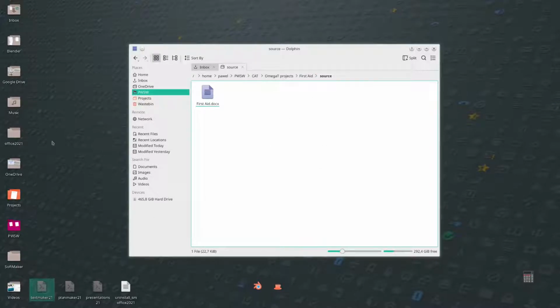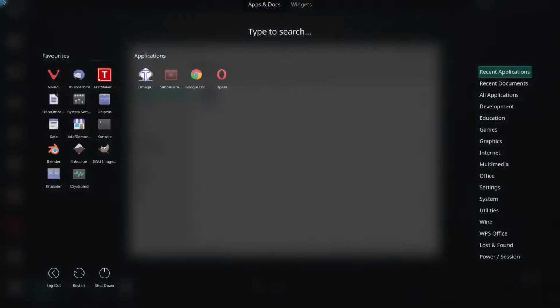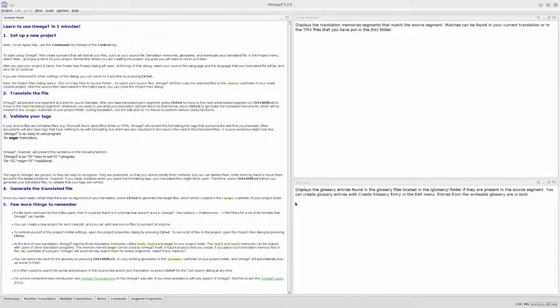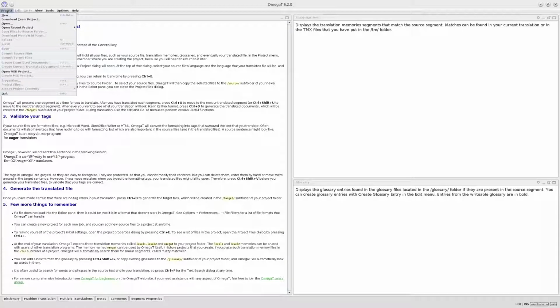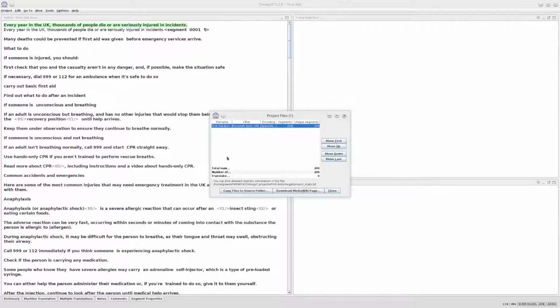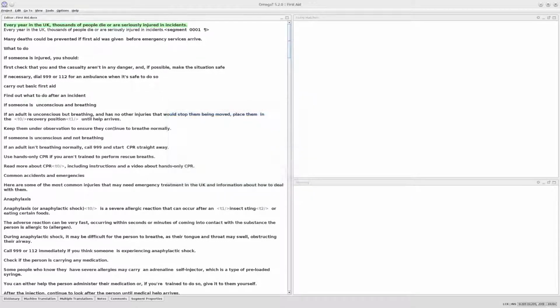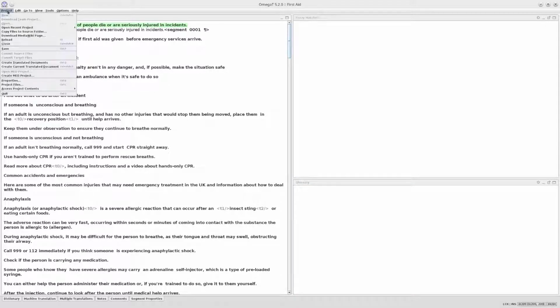And now when I open OmegaT, and I open the recent project, you can see that I've got my text here. Right? So I don't need to copy the files because I've got the file here. And by the way, I'm going to close this project